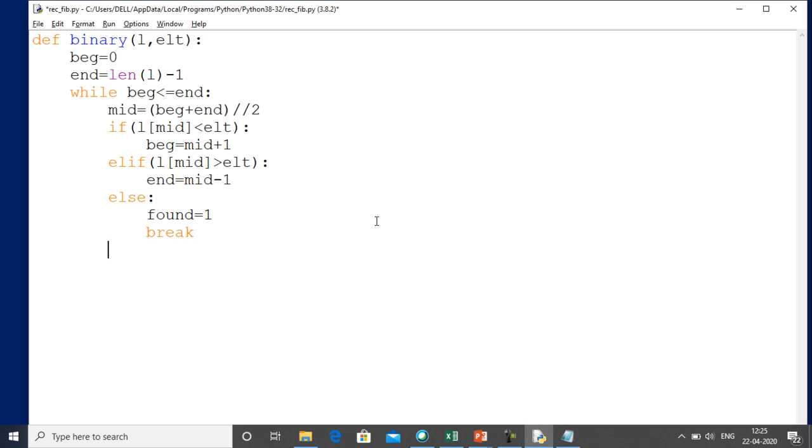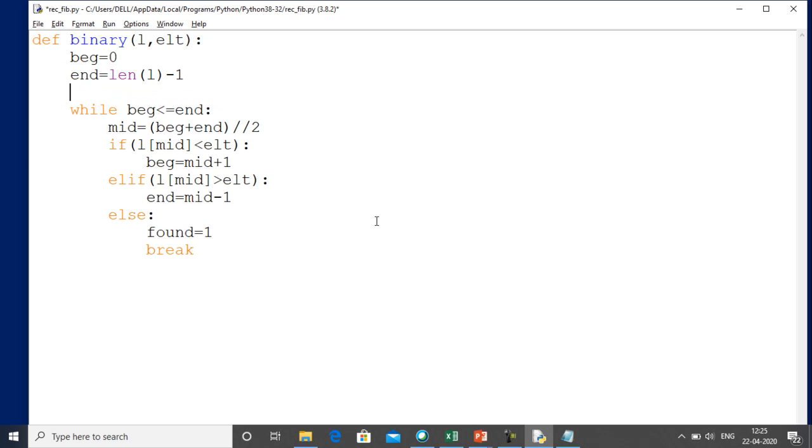One more thing that we have to do over here is we use a variable named found, and initially we took that variable as 0. If the element is found, because the mid element is not less than and not greater than the element, obviously it is equal to the element. So in that situation we will put the value of found as 1, and then the break keyword is used to help me come out of this loop.